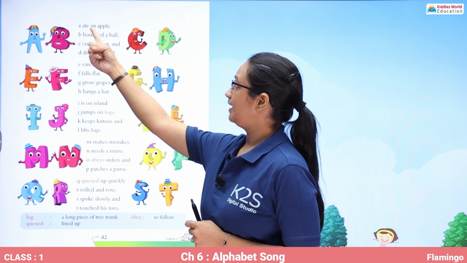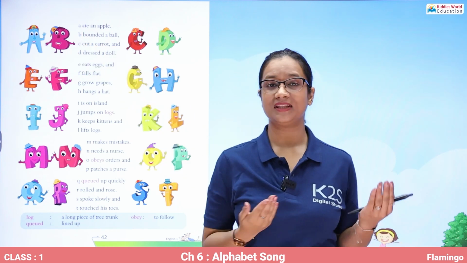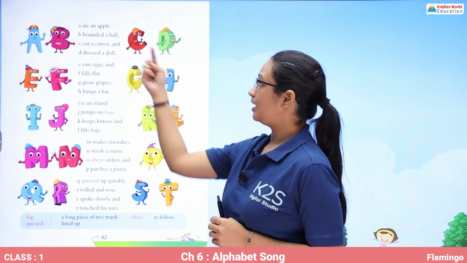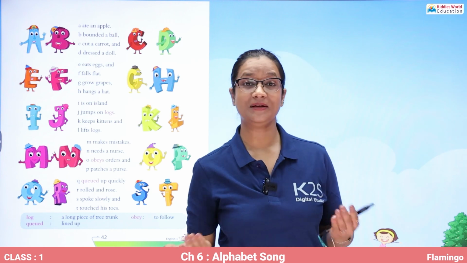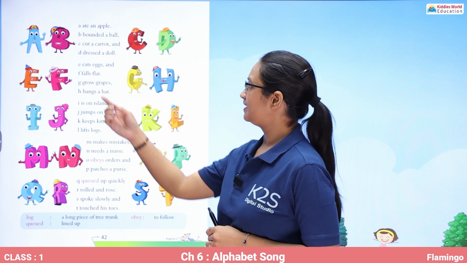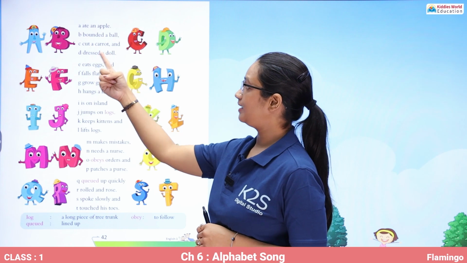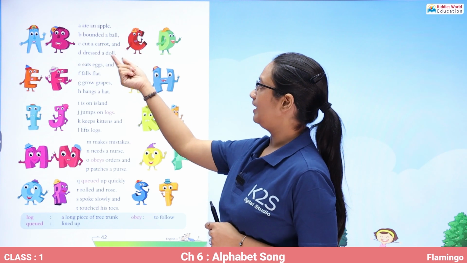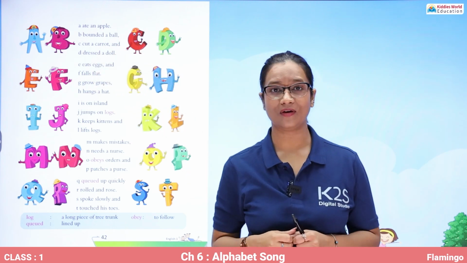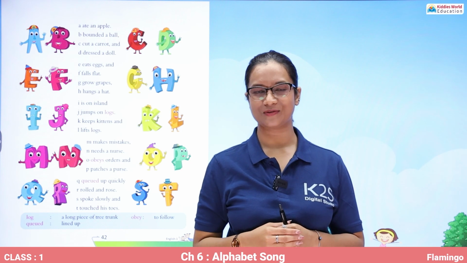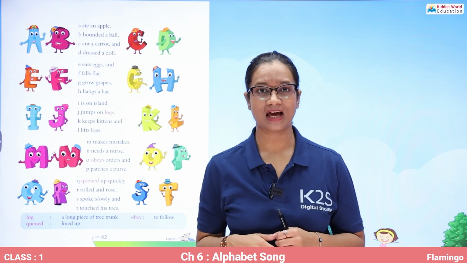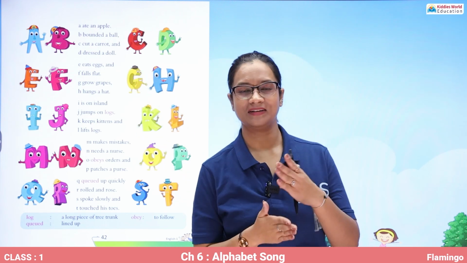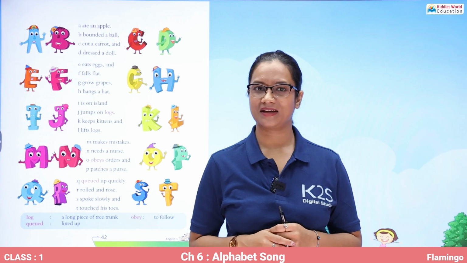So, A ate an apple. What did A do? The letter A ate an apple. And then B bounded a ball. So, B actually played with the ball. And then C cut a carrot and D dressed a doll. So C had cut the carrot and D dressed the doll. So what did these four letters do? A actually ate the apple, B bounded a ball, and C cut, means to slice, the carrot, and then